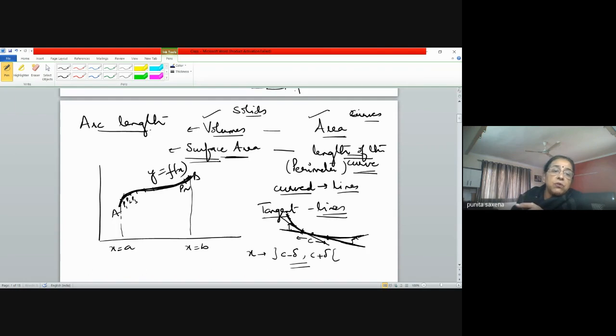So same logic we apply here. Okay, we split this curve into such small fractions which are almost linear. Okay, then what do we do? We measure the length L1, L2, L3 and so on. कितनी लेंथ्स आ गई हमारे पास? Ln. उसके बाद हम ऐड कर देते हैं. So your length of the curve will be what? L1 plus L2 plus Ln.